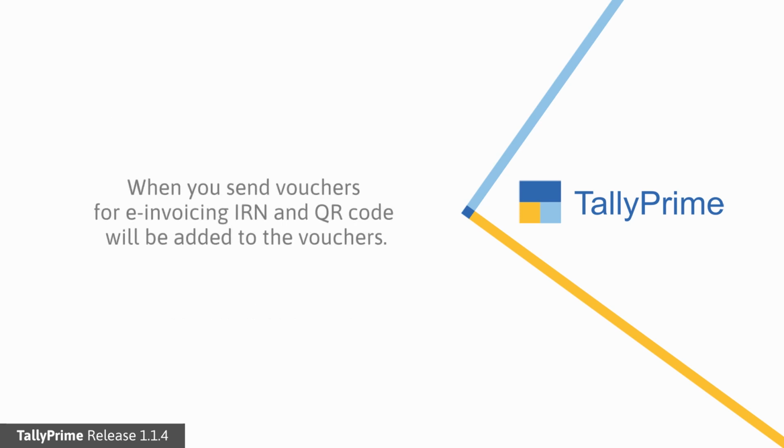This is because the e-invoice generated on the sandbox system will have the QR code and IRN details. Creating a new company with a copy of the data will ensure that your original data does not get affected. So, you can use your original company data and generate e-invoice on the live e-invoicing system seamlessly.